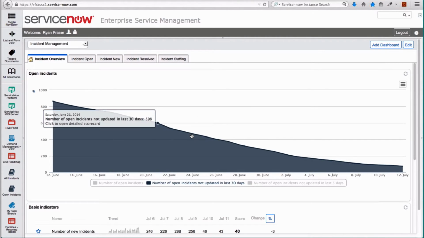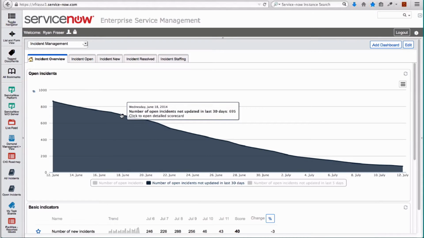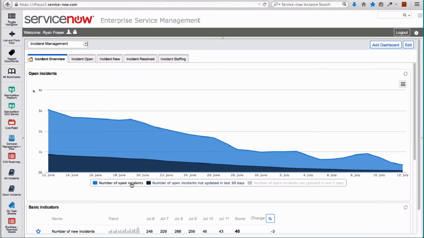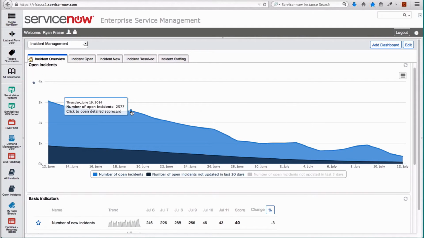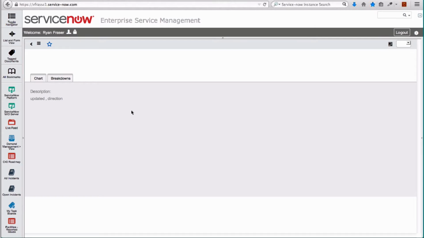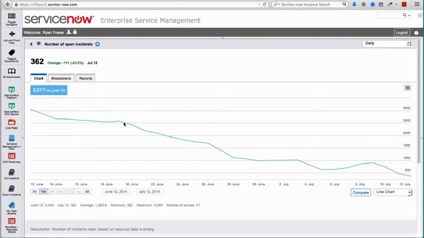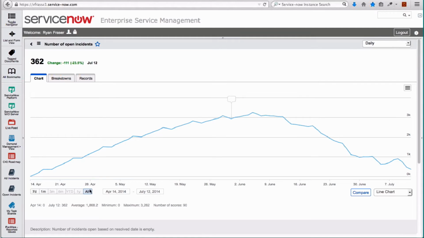Each of these is not just a visualization. Each of these presents the underlying individual data elements that have been captured and now made available through the Performance Analytics application. As an example, if I wanted to look at the number of open incidents, specifically on this date when there was a peak, if I click in on that data, it will drill down specifically into that area of the data series. Now jumping down into this data, I can either change the date range that I happen to be looking at and look at all of my data. I can compare this maybe with an overall trend line to be able to see is this data series increasing